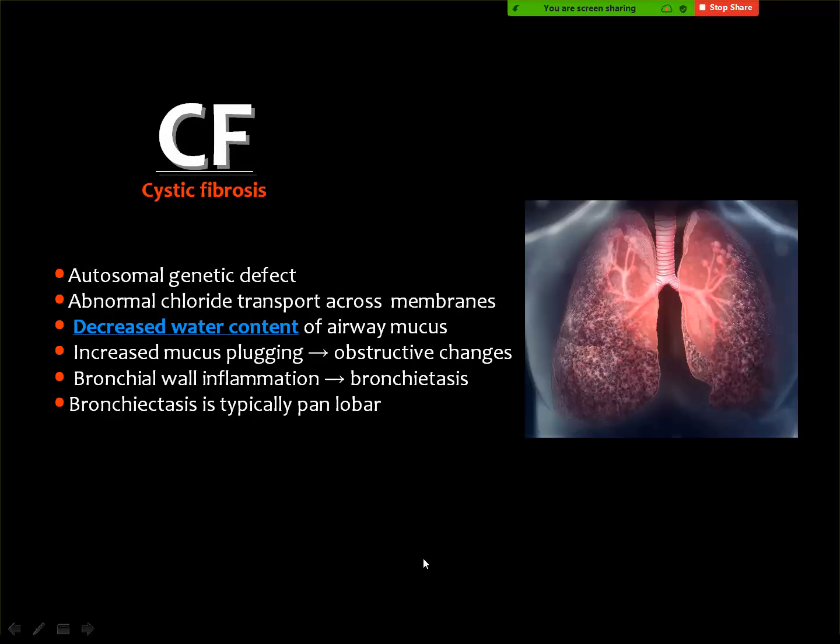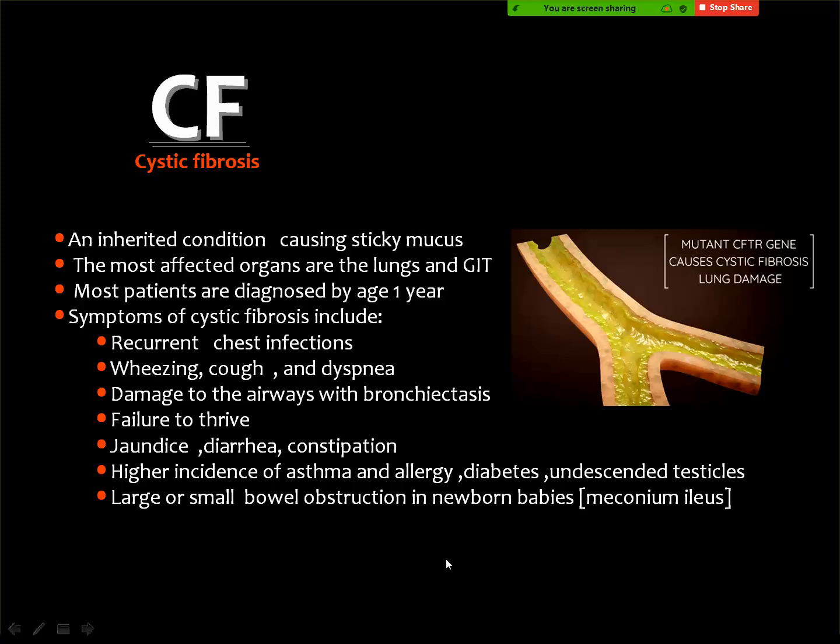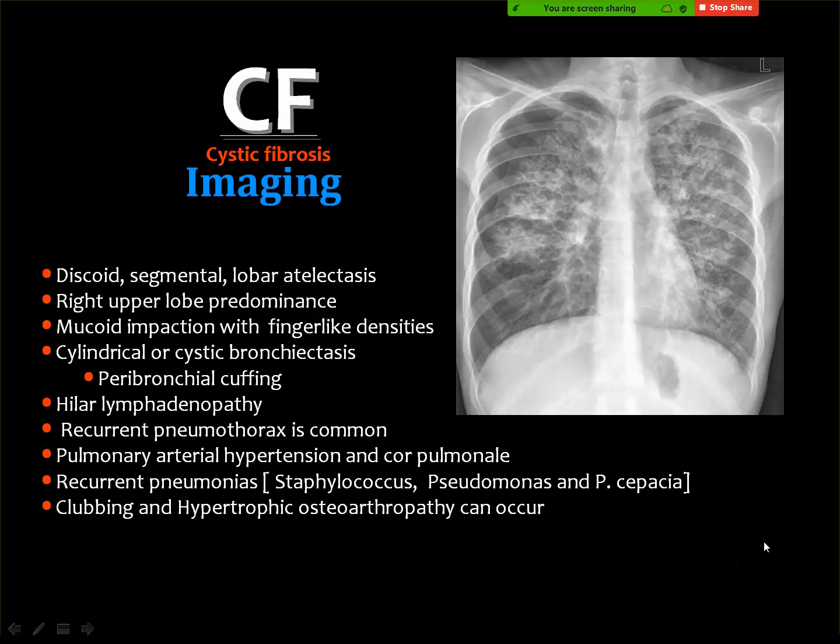This will result in obstruction of the bronchi, inflammation of the wall, bronchiectasis, and mucus plugging. Then the symptoms of cystic fibrosis include recurrent chest infection, wheezes and dyspnea, bronchiectasis, failure to thrive, jaundice, diarrhea, and constipation. The two main sites for cystic fibrosis are the GI and the chest. Then in the chest you get bronchiectasis from inflammation of the bronchial wall, and you get the gloved fingers due to mucus plugging